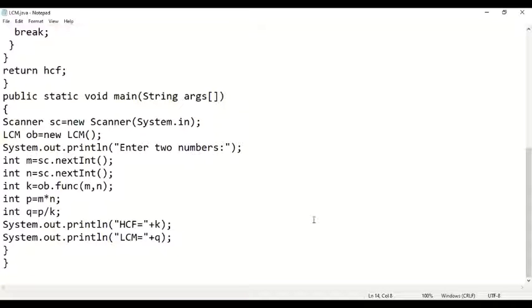Take a screenshot, children, so that I can move to the next program. Done? Kashish, are you through with the program? Have you completed it? Yes, ma'am. Okay. So let us move to the next one.